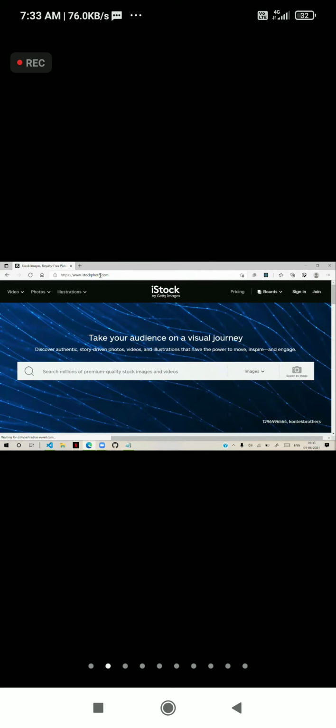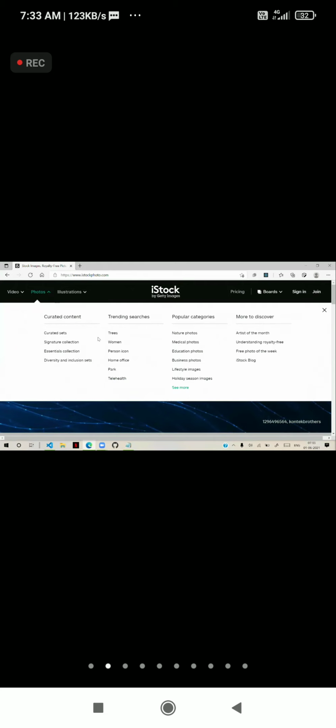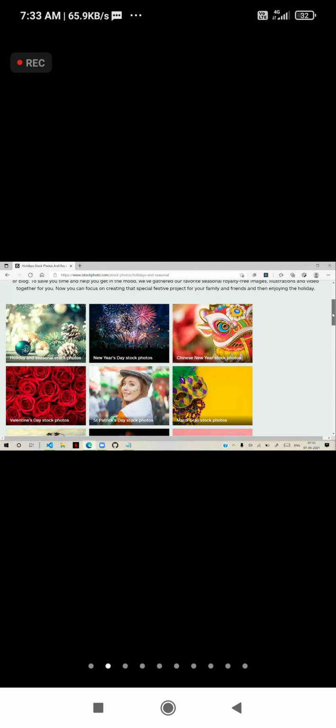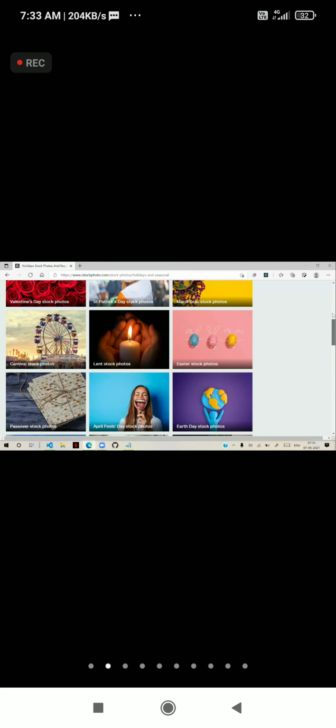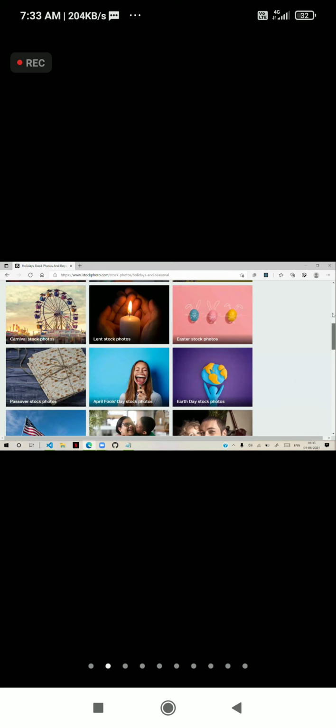They will give you some free ones. You go to the photos, different categories of photos will be there. You can select any specific category of photo. Then they will give you those category related photos. These are all the photos you can purchase and use for your website development.